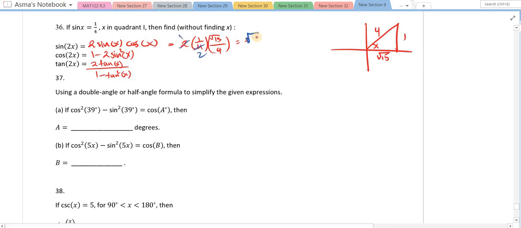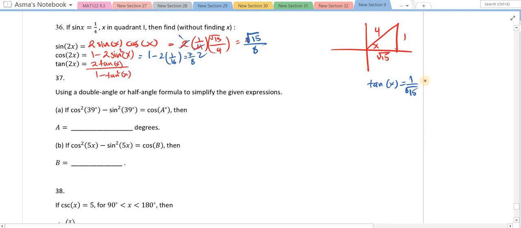So it's going to be square root of 15 over 8. The second one, you just can plug 1 minus 2 times 1 over 16, which is sine square. And that is going to give you 1 minus 1/8, which is 7/8. And then the final one, tangent x is opposite over adjacent, 1 over square root of 15, which we have to